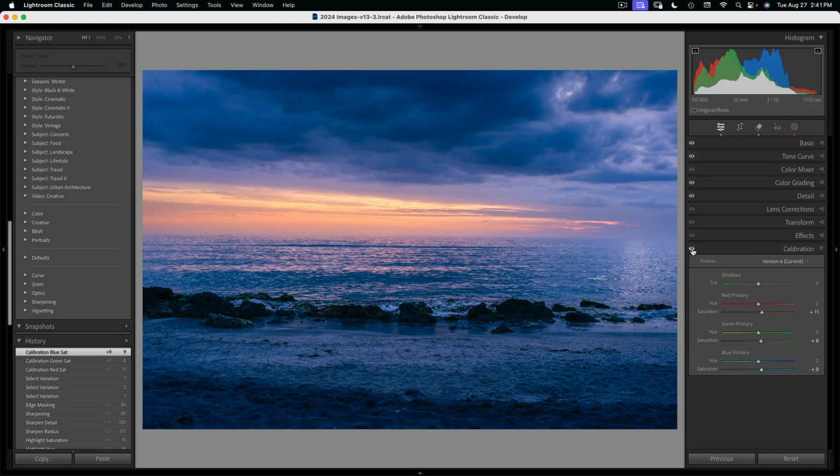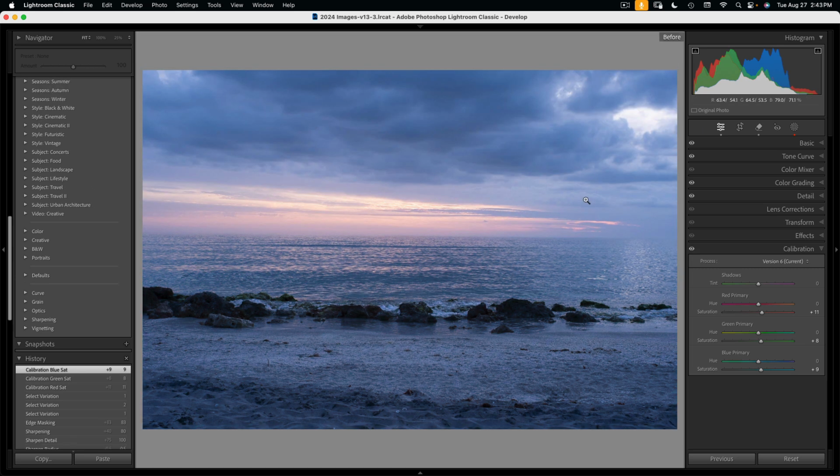You see it's subtle. There's the before, there's the after. And that's my finished image. There's the before, rather bland, and there's the